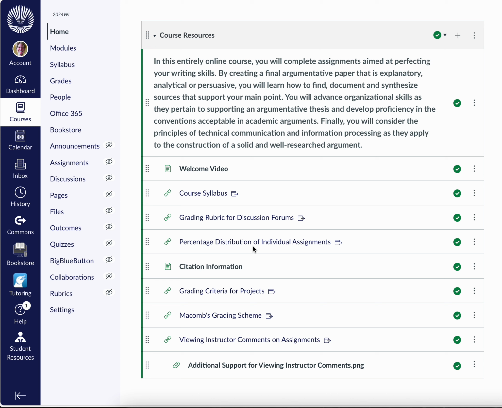So you'll see that, for example, project number 1 is worth 11% of your grade, but within that, your rough draft and final copy each weigh a separate amount of points. Sometimes it's good to know when you've got assignments due on the same evening and you might not be able to finish them all, which one weighs more, so you can make a choice that's going to benefit your grade.